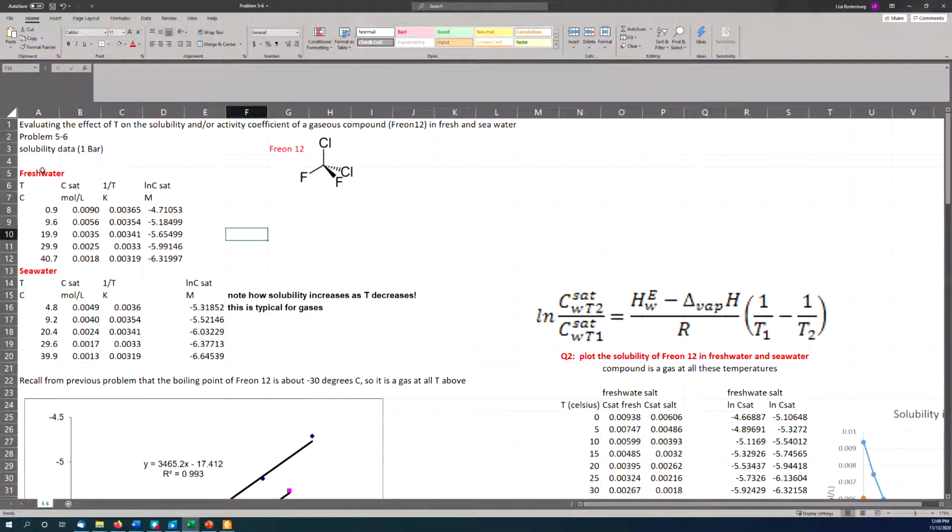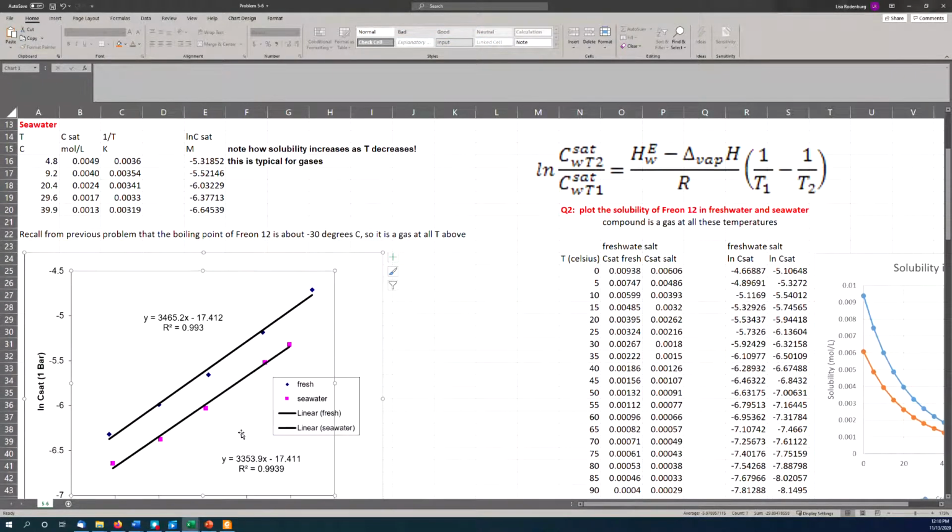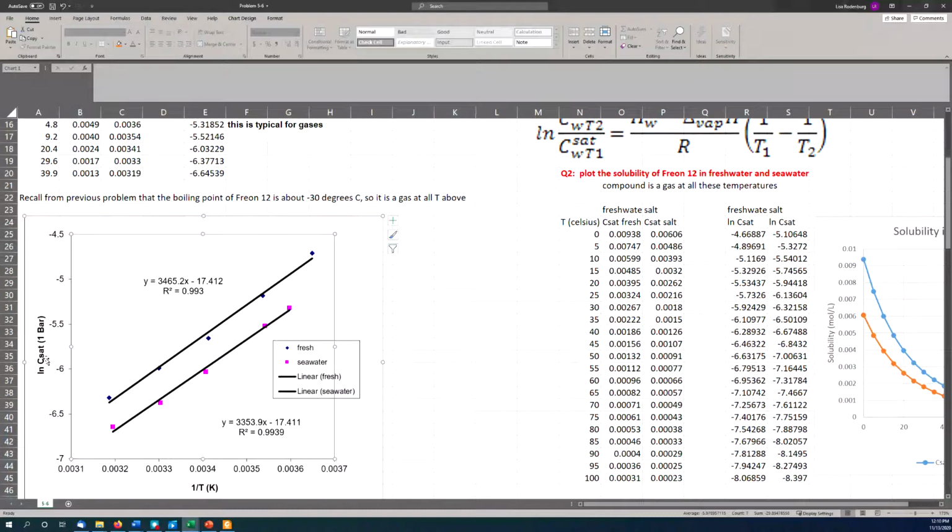So we have some data here for the solubility of Freon 12 in fresh and seawater. You're given this data with the temperature in degrees Celsius and the solubility expressed in moles per liter. Here I have taken the liberty of converting it to 1 over T in Kelvin, by adding 273.15, and taking the natural log of the solubility. Notice that I put the seawater in a different column so that I could plot it all on one plot. So if we plot the natural log of the solubility versus 1 over temperature, we get